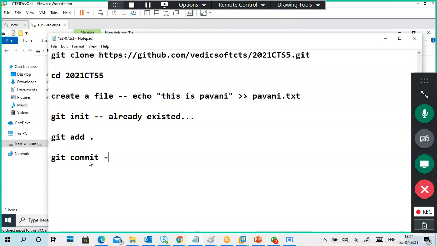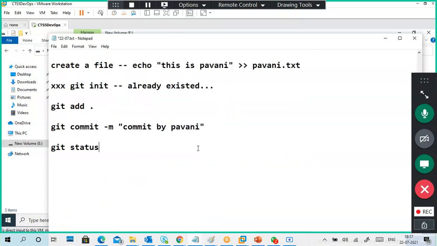You know what will happen when you do commit: it asks you for the global configuration names, and you have to give that global user kind of stuff. My first commit, or commit by, I use this kind of stuff. Now this is the local repository, you don't need to do this one. If you do, it shows already existed, no problem. This is for adding, and this one is to check the status.